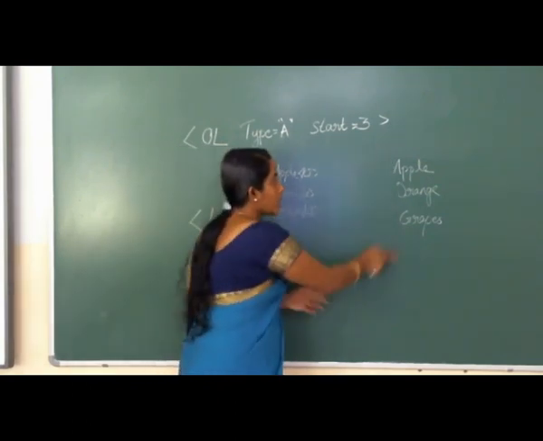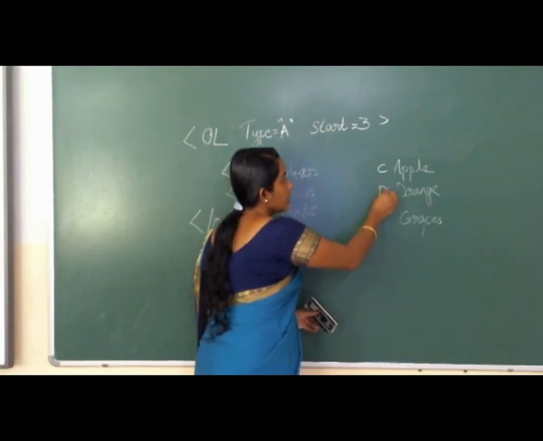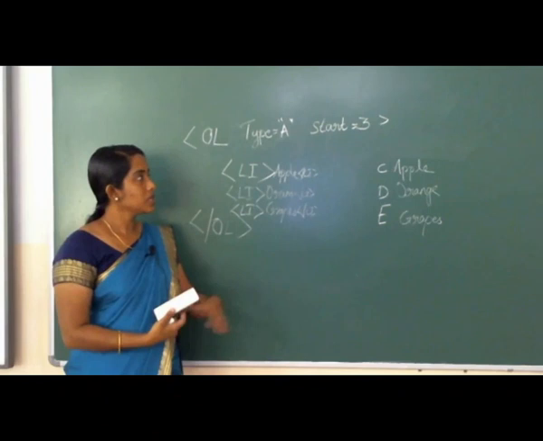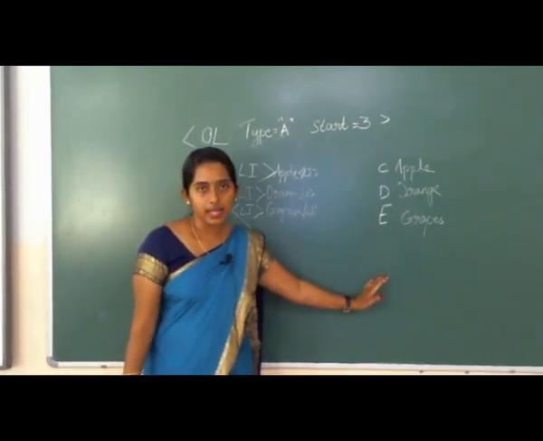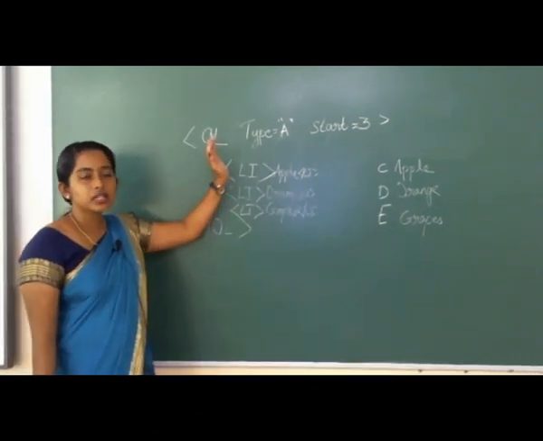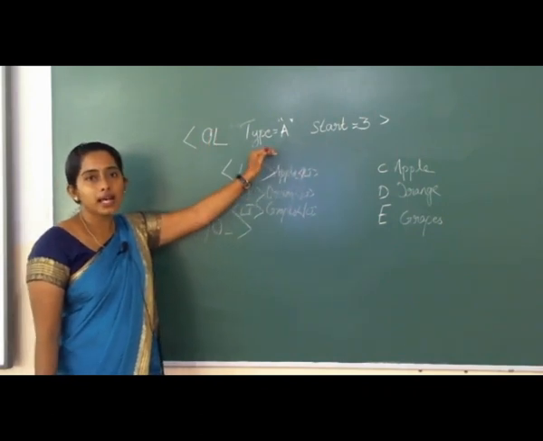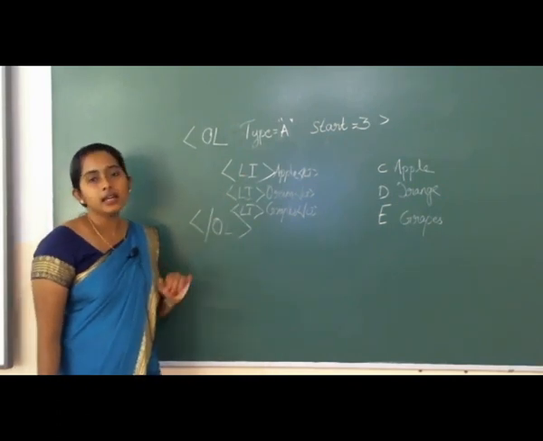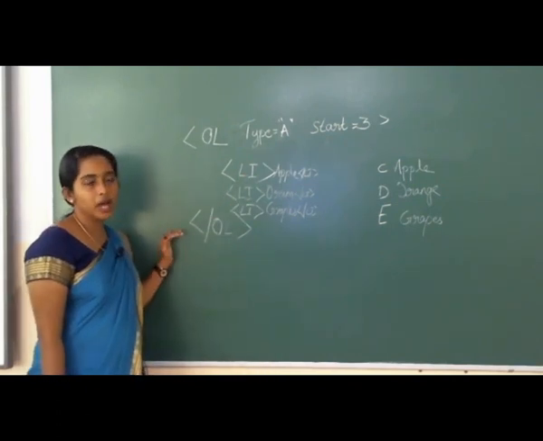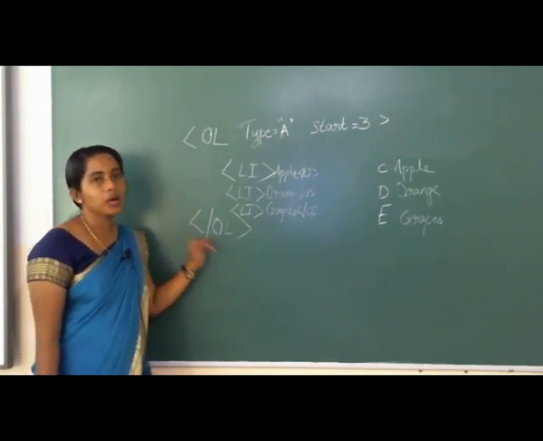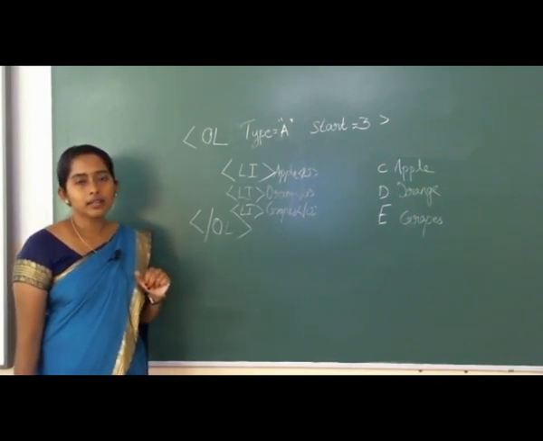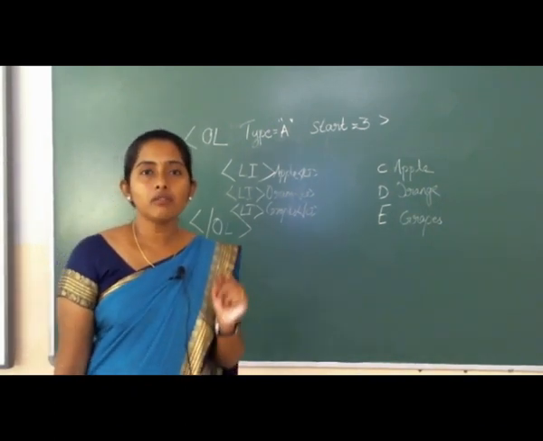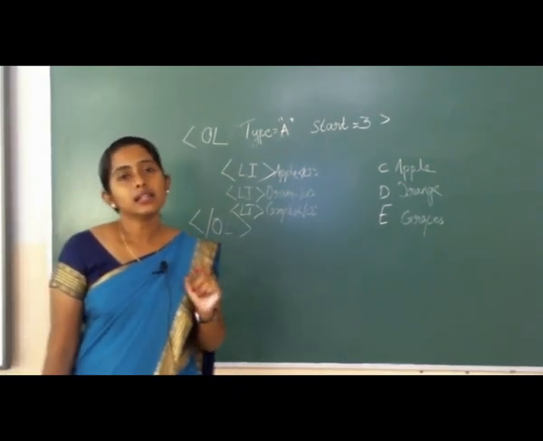So in the output you can see C, D, E. Got it? So, this way if you want to list the items in an ordered list, you can use the attributes type and start attribute for listing the items with the li tag. After all, you have to close the ol tag. Got it everyone? Okay, related to lists in HTML, one more topic, that is nested list.